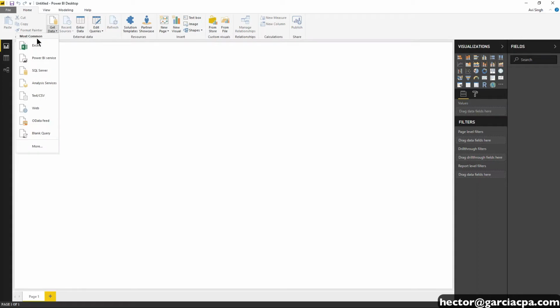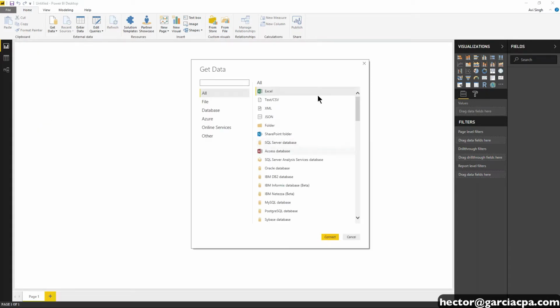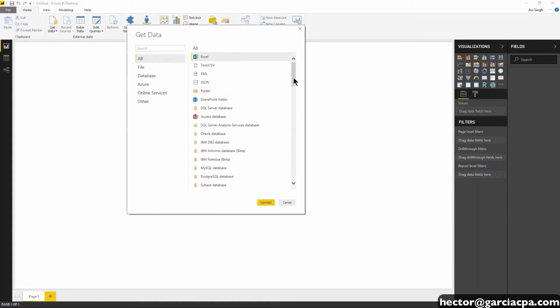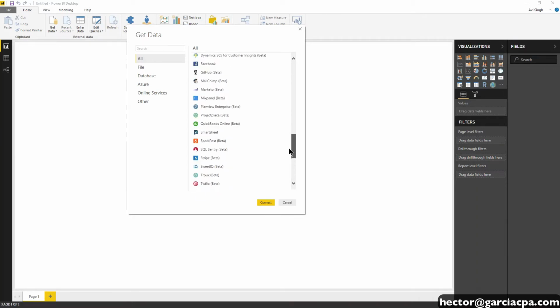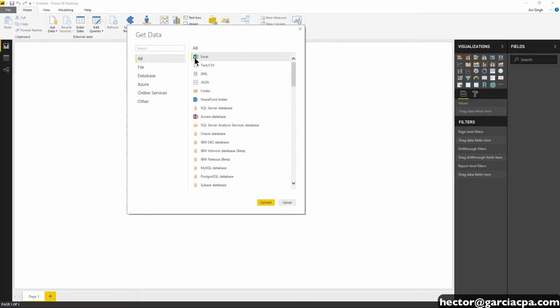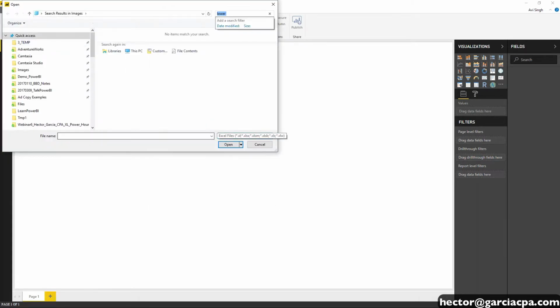If you click on that, you're going to see some common sources. And if you click More, you're going to see a long list of sources. Gosh, there's even a search button here. So a lot of stuff going on, but we're going to stick with the first option, Excel, because that's where our QuickBooks data has been exported. So I'm going to select Excel, hit Connect,